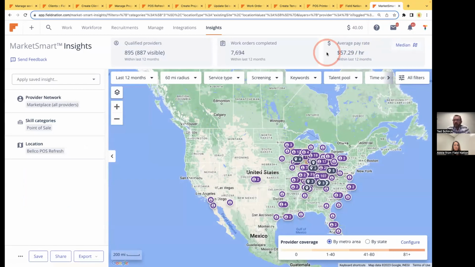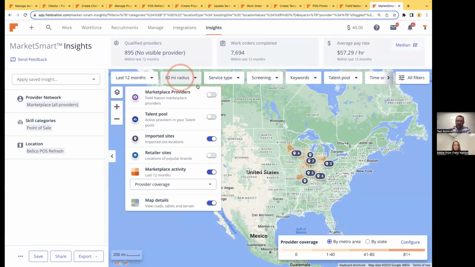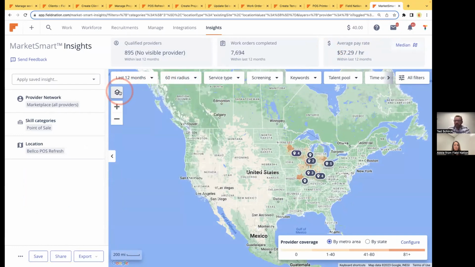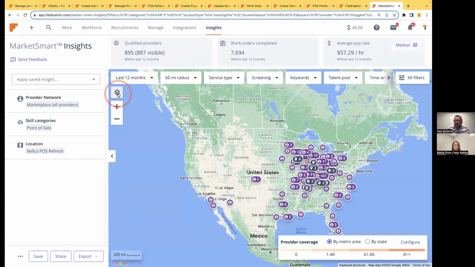So what we see on our map is our sites. I'm going to turn off the provider layer. And the green dots indicate the sites where the work is to take place. And we can see that they are all in the upper Midwest. If I turn the providers layer back on, I can see where the providers are. And the header bar is telling us that we've got 895 providers who have accomplished 7,694 work orders at an average pay rate of